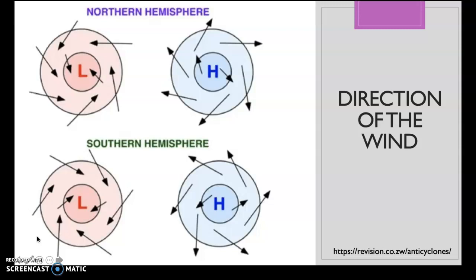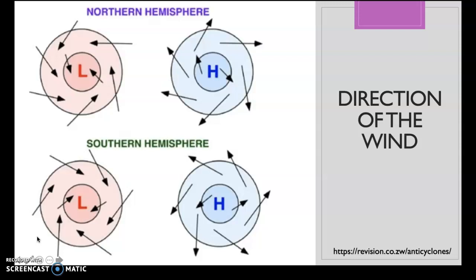So normally wind flows in a horizontal direction, but it can be affected by the pressure gradient, the Coriolis effect, and friction. This image shows how wind is affected in high and low pressure zones in both hemispheres. So air always wants to travel to the place of least resistance. So in low pressure zones, the outside air is at a higher pressure, so it travels inward toward the low pressure zones. And in high pressure zones, the air outside is lower, so the air flows from the inside towards